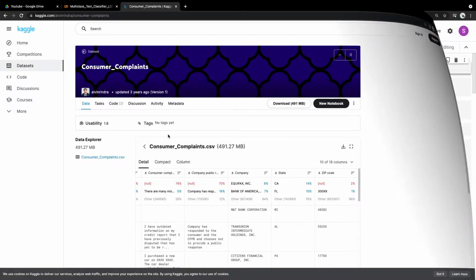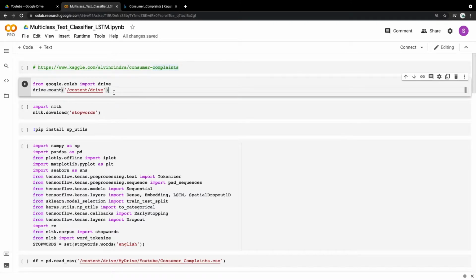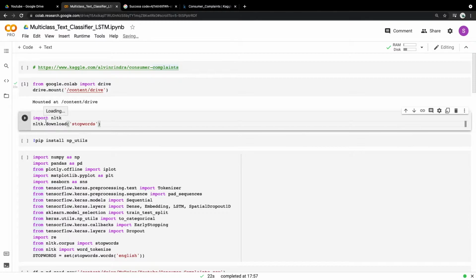So let's get started. I have pasted the Kaggle link in my Colab notebook. Firstly, let's mount the drive. The main library which we'll be using for pre-processing the text in the data frame will be NLTK. If you don't know about NLTK, you can just search around the net.